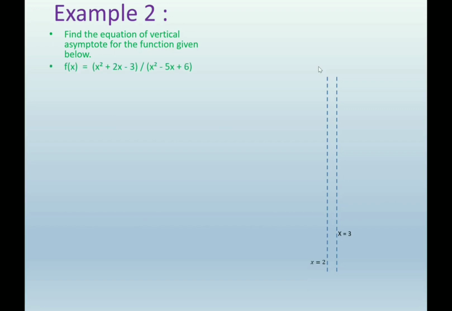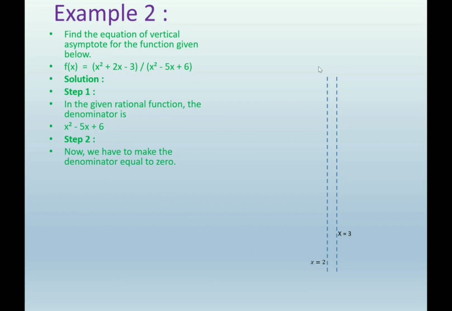Another example, which is example number 2: find the equation of the vertical asymptote for the function given below. f of x equals x squared plus 2x minus 3 over x squared minus 5x plus 6. Solution: as usual, we are going to take the denominator, x squared minus 5x plus 6, and equal it to 0. You can see that it is a quadratic equation,